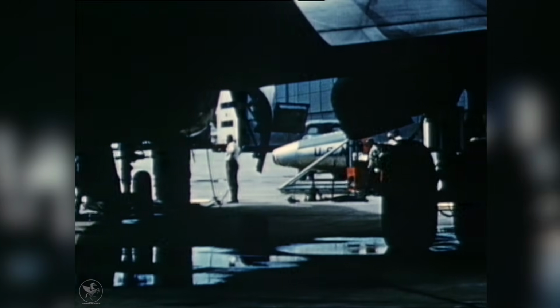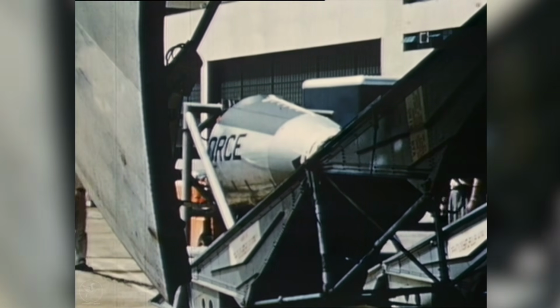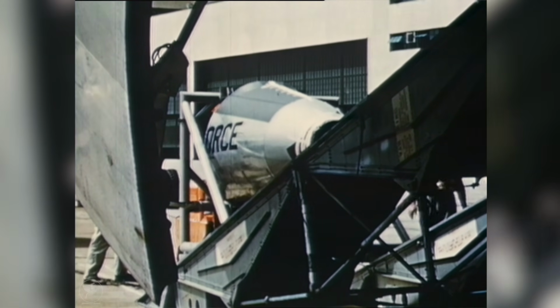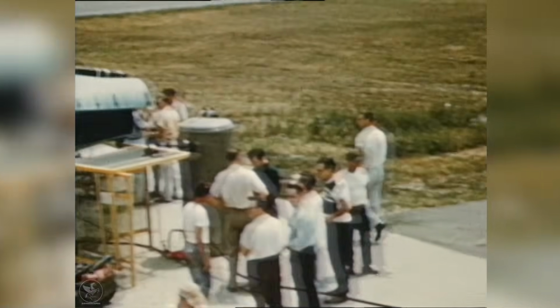The number 1 Voodoo was loaded aboard 2 Air Force C-124 Globemaster cargo airplanes and flown to Edwards Air Force Base in California on the 23rd of August, 1954. At Edwards, it was reassembled and prepared for flight. While the Voodoo was being made...